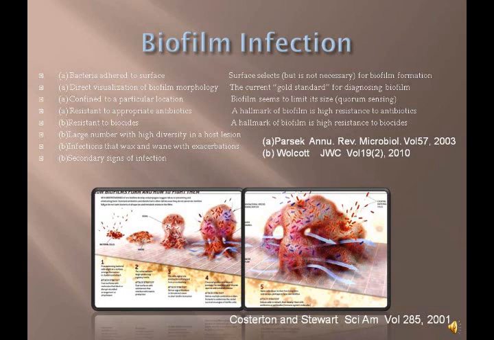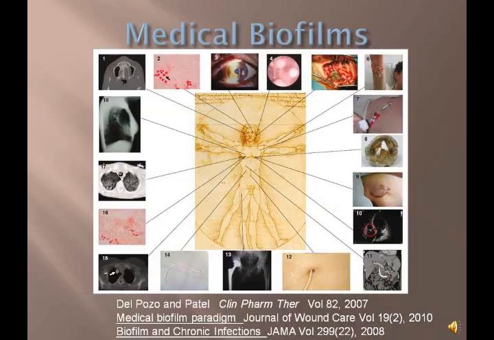And probably the thing that clinicians use the most: if it acts like a chronic infection, it's a biofilm infection. So if it waxes and wanes with exacerbation, responds incompletely to antibiotics, or if the tissue fails to heal, with secondary signs of infection like odor and exudate and a stalled wound. If it just fails to heal, then you think biofilm infection. Well, that's what we see in most chronic wounds, or they wouldn't be coming to our clinic. So it all comes down to